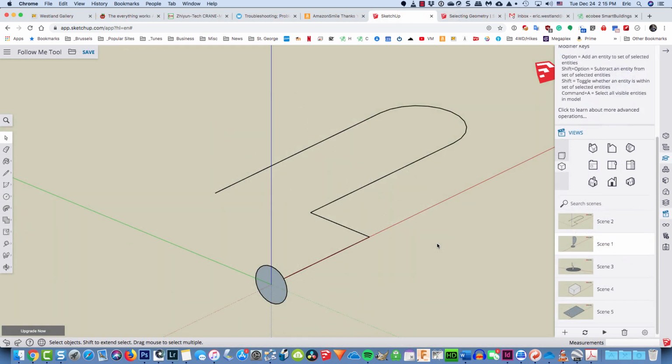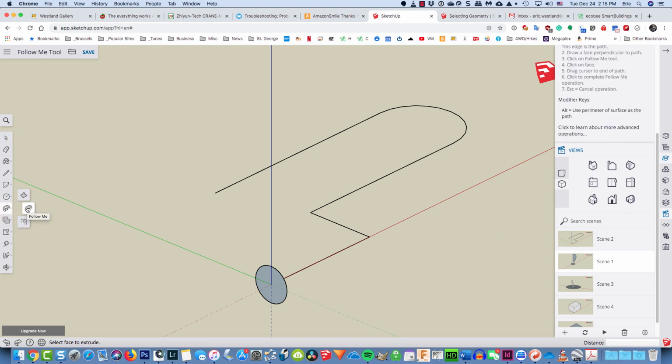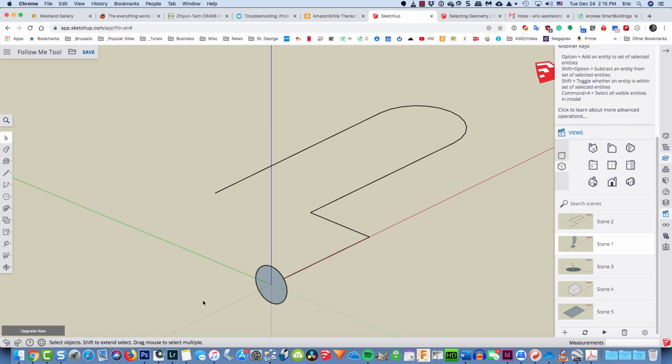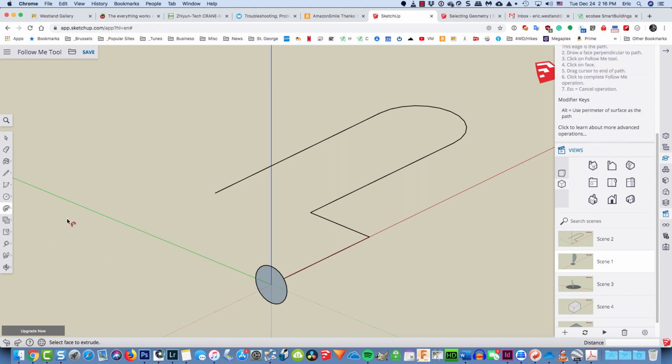The Follow Me tool is one of my favorites. It's nested over here with the Push-Pull tool and the Offset tool. It doesn't have a keyboard shortcut. What the Follow Me tool does is it takes a face, which needs to be a closed face, and extrudes it along a path. So you draw the path, you draw the face, and then you extrude it. I've got the Follow Me tool selected, so I'll click this face, and as I mouse along this path, it can be a little bit jerky depending upon how powerful your computer is,